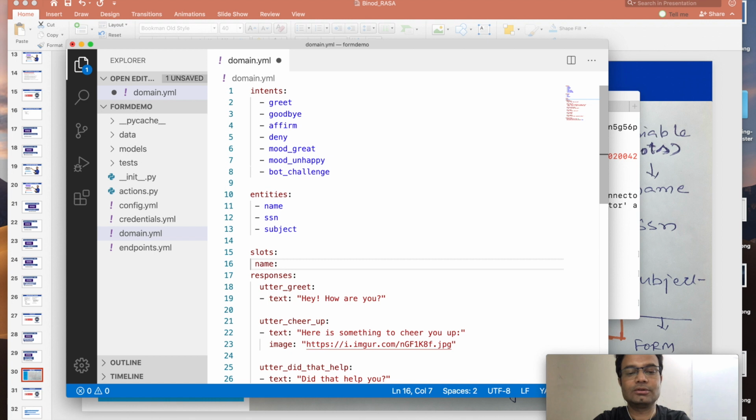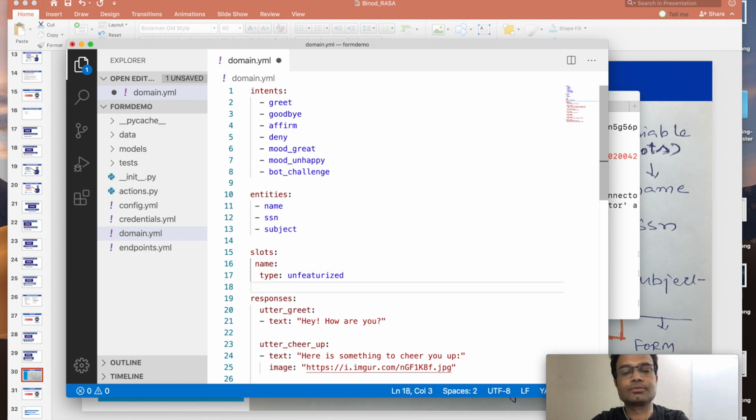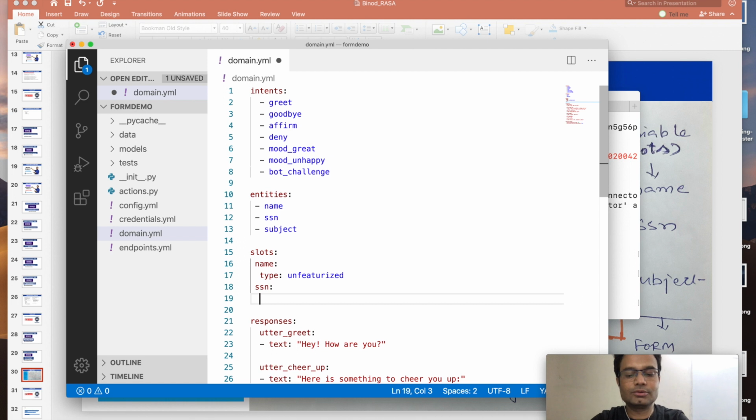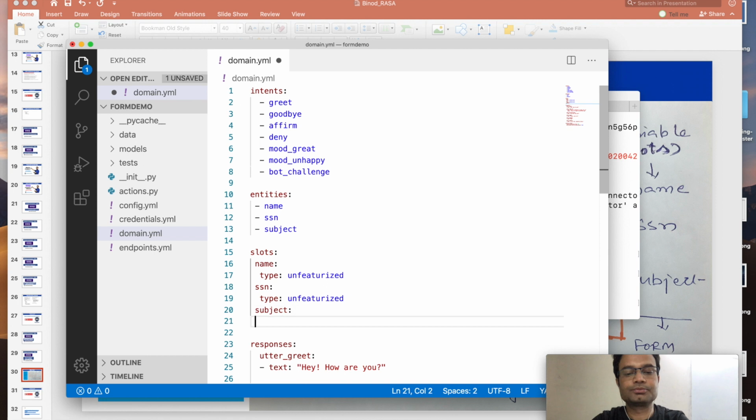First slot name, and the type is unfeaturized. Then we need SSN, so let me copy this one. Then we need the subject. Once you have made it, I don't want all those other things, I think we don't want them, remove them.